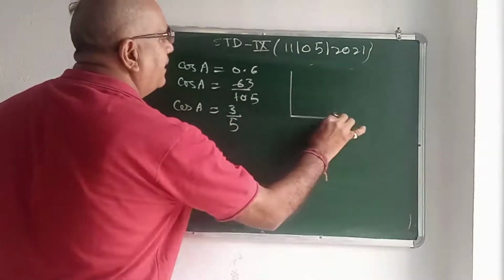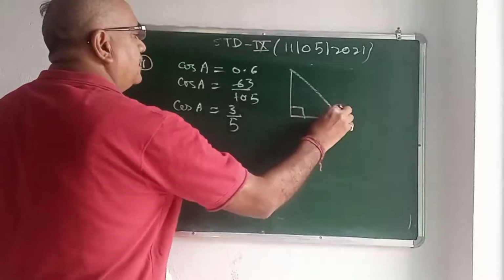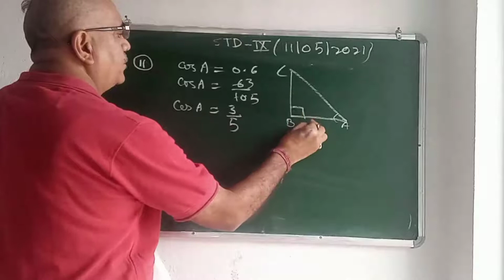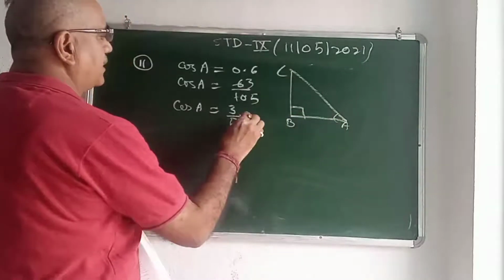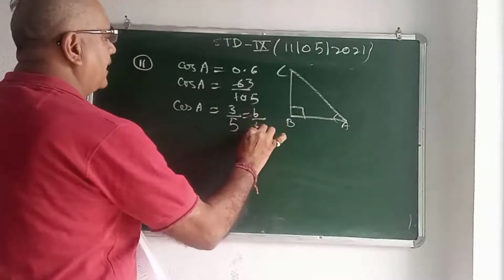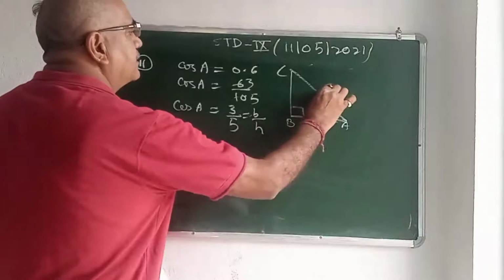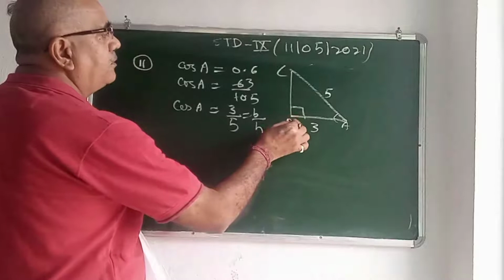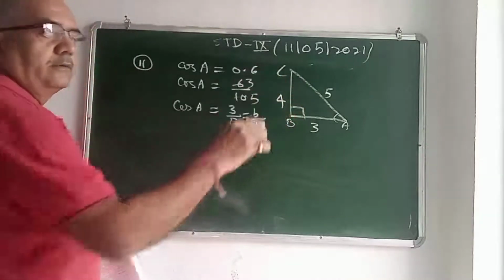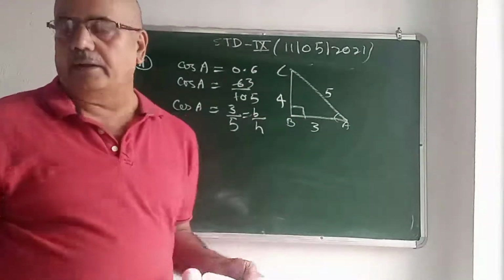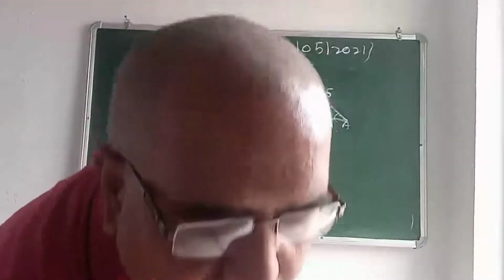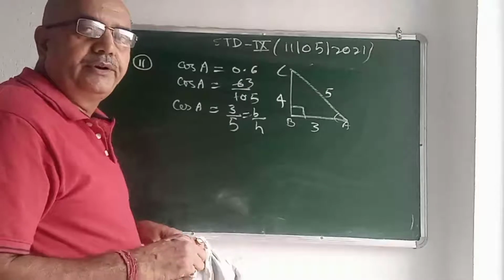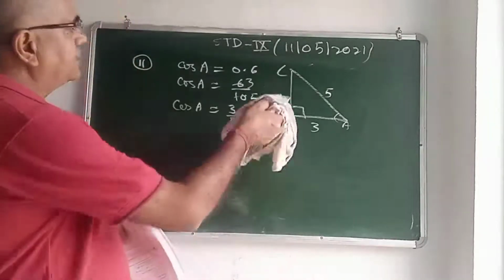Draw the right angle triangle. Here, this angle say A, B, C. Then this is perpendicular, this is base, and this one is hypotenuse. And this is B by H. B is 3, this is 5. With the help of Pythagoras theorem, find out the perpendicular, this will come 4. Now you can find out any other value. So see, the 3 questions I solved, I have written in a different way, but the process is the same.